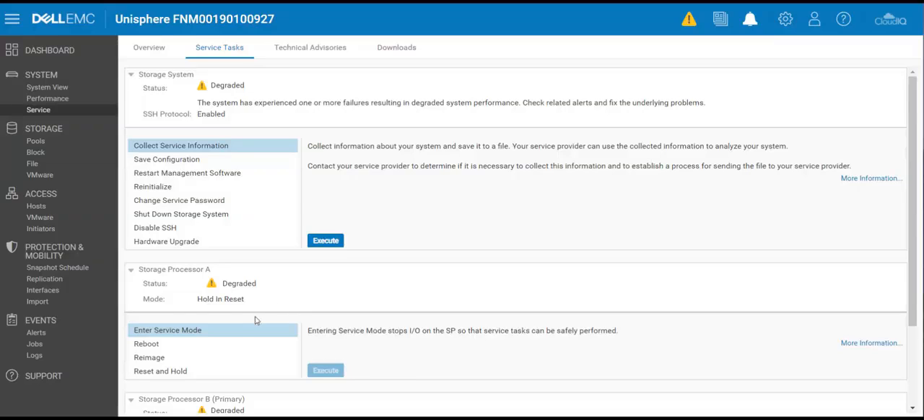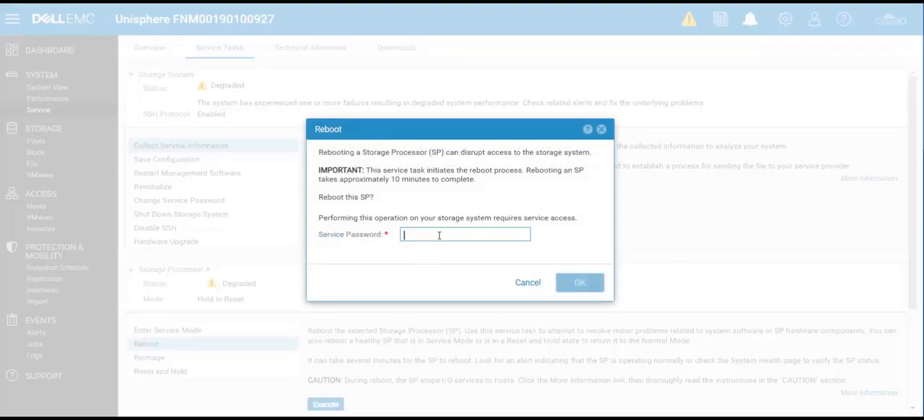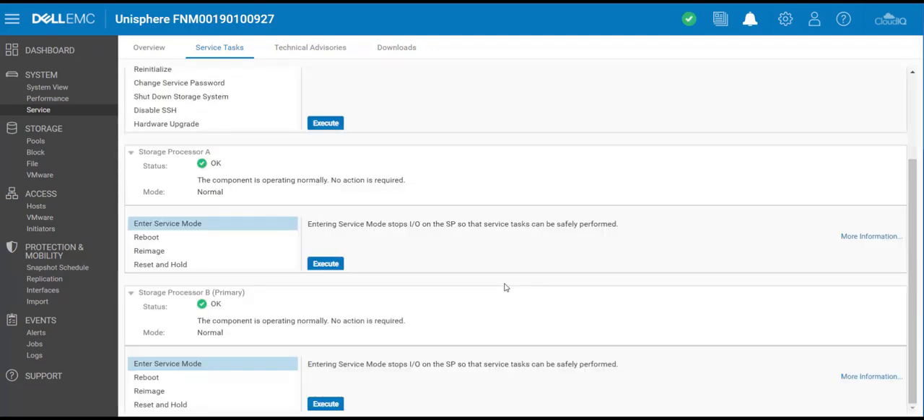Once I do that, I can go back and bring the storage processor into a reboot and bring it to normal conditions. So again, go back to Unisphere, select the reboot operation, supply my service password, and when it comes up into the normal conditions, I can go ahead and validate that, in fact, that fixed the problem. After some time, and this is going to take 15, 20 minutes to reboot,